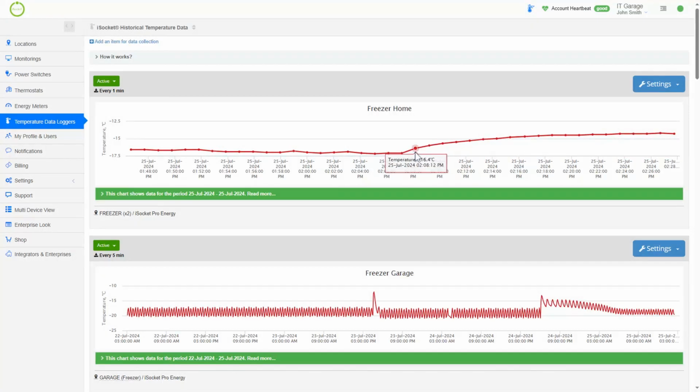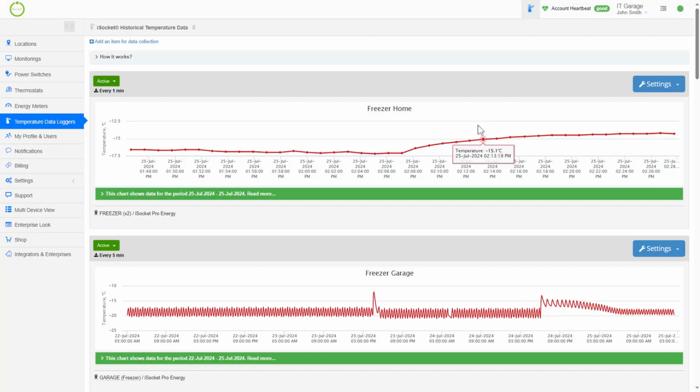Let's start from quite common applications: freezers, fridges. I will sometimes switch between Celsius and Fahrenheit, but mostly I will do it in Celsius. So the first freezer is the home freezer, and I just reset the data, so we don't have too much. We collect every minute. So we can see, for example, when I put the sensor inside at -16, it's supposed to go down, but actually it rises up, which means that the compressor stopped working in that period. So that's why it rises.